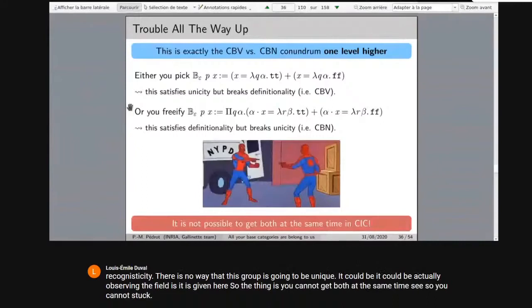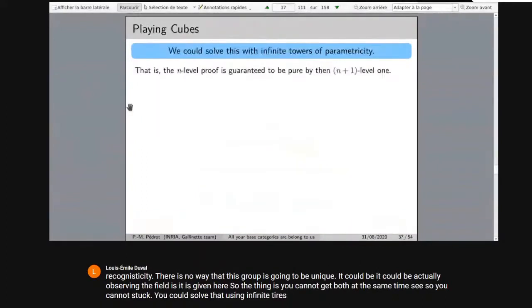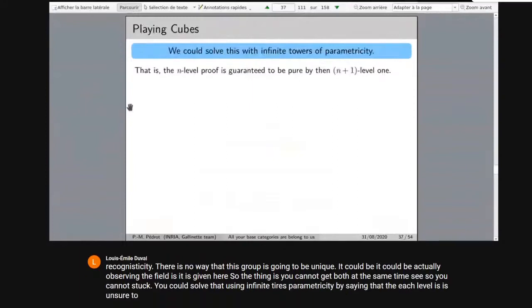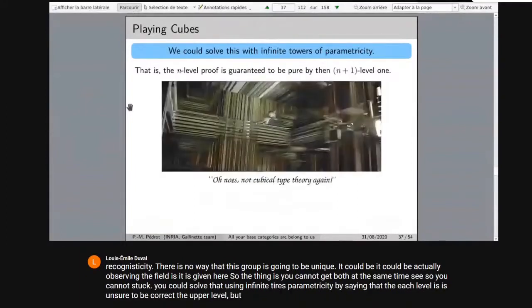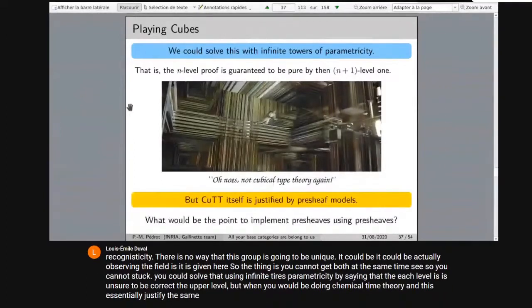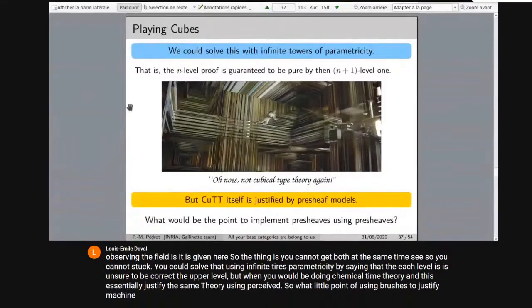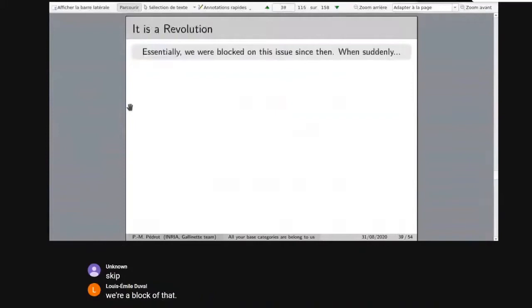You could solve that using infinite towers of parametricity, by saying that each level is ensured to be correct with the upper level. But then you would be doing typical type theory, and this is essentially justifying the same theory using Presheaves. So what would be the point of using Presheaves to justify Presheaves? We need something else. So we're blocked on that problem when suddenly there was a popular paper last year that